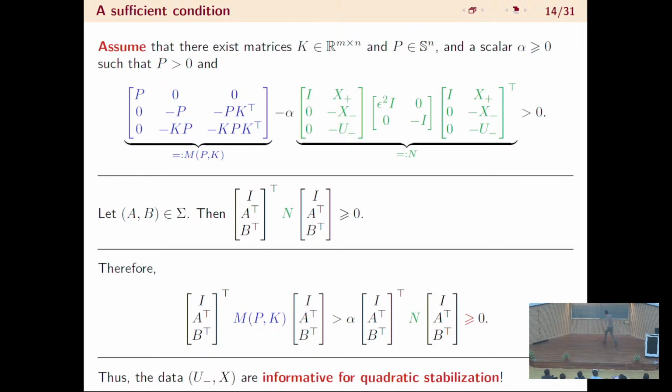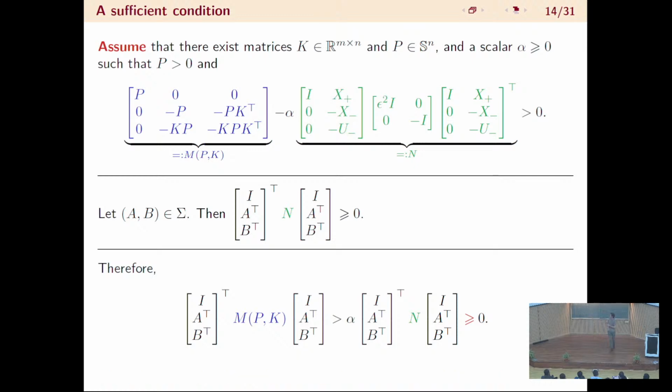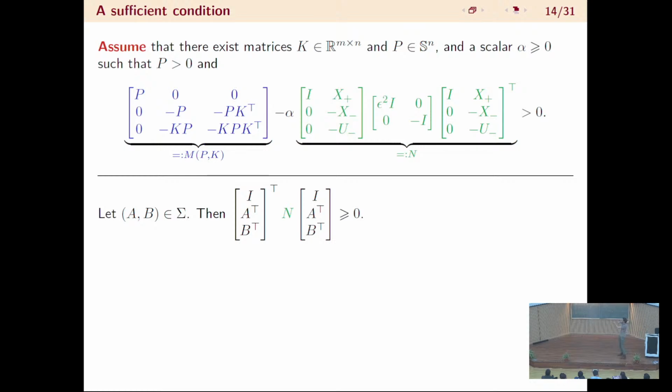But n itself is not necessarily positive semi-definite. In fact, it's never the case. So I think your question was like, how can this inequality hold, right? If n is positive semi-definite, right? But imply that